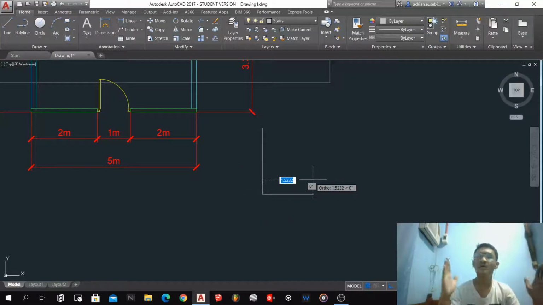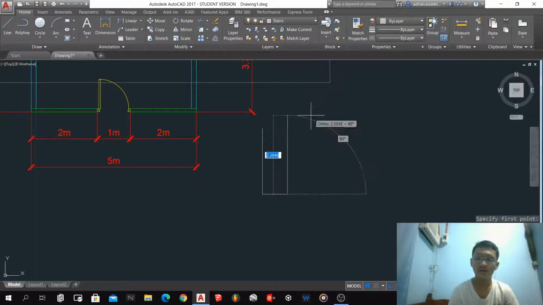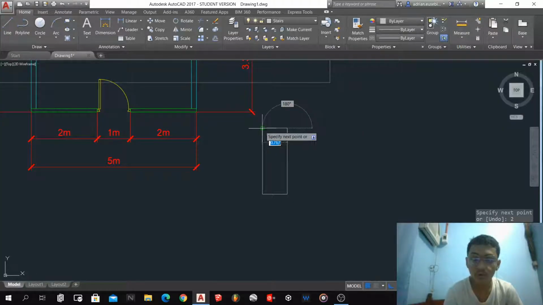The width of the stairs, the minimum width of the stair is 0.75, and the steps or the riser must be minimum of 0.15 up to 0.2, and the thread is minimum of 0.2 and the maximum is 0.25. But for me, I always use 0.2 and 0.2 so that I will not confuse